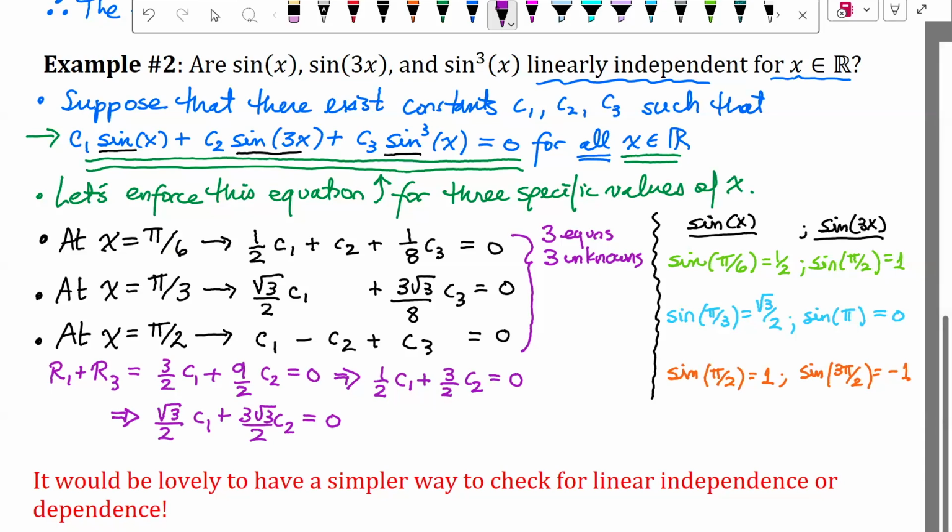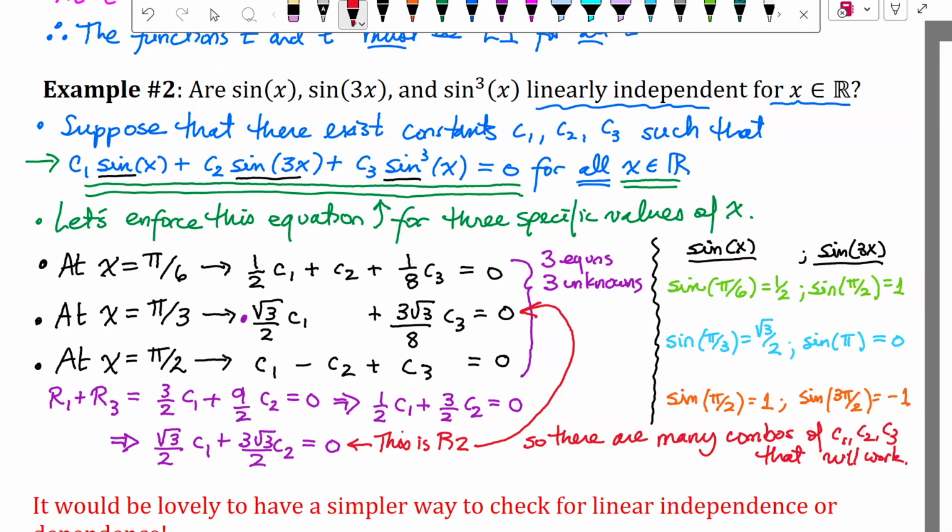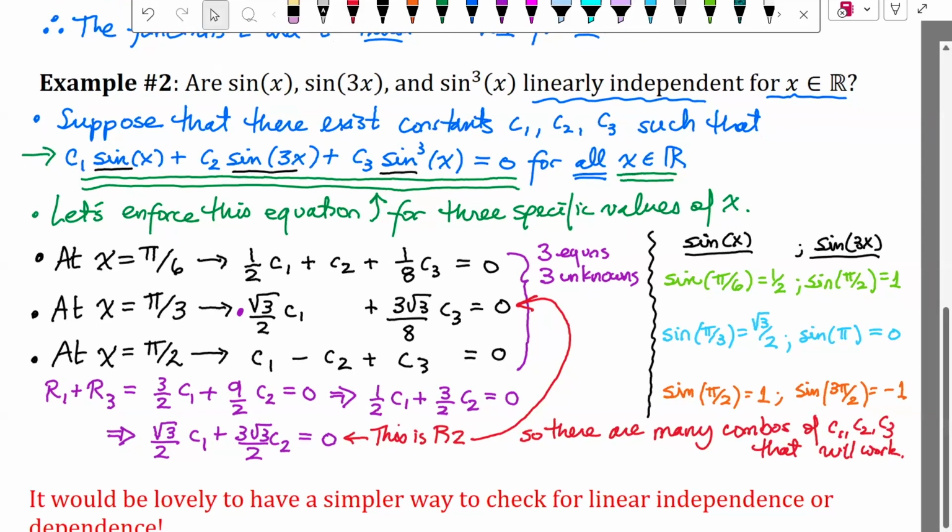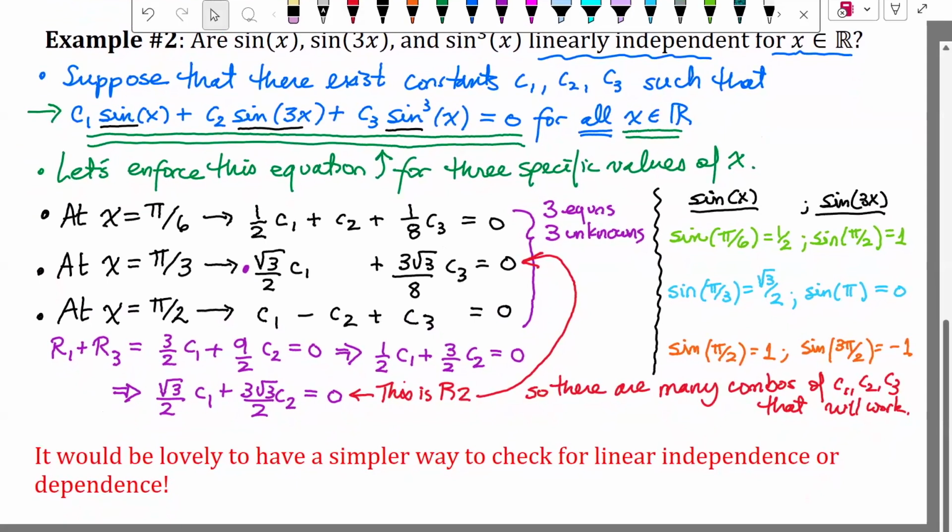But look what we've done. We've shown that row 2 is in fact a linear combination of row 1 and row 3. Since there are several combinations of these constants that can actually work, we can just choose one combination and see what that tells us. I'm going to insert a blank page just to show you what happens with one particular